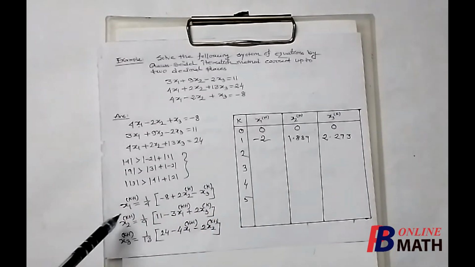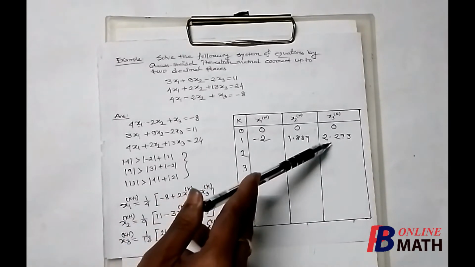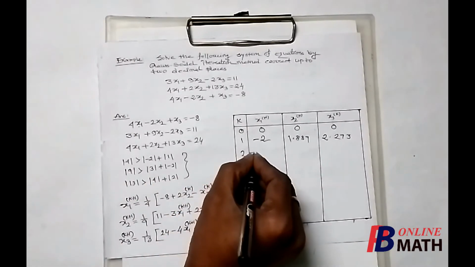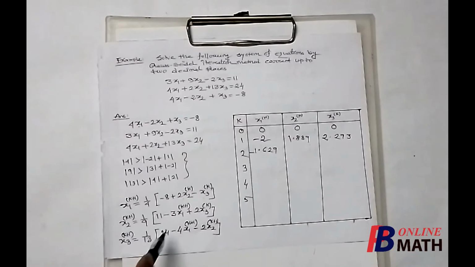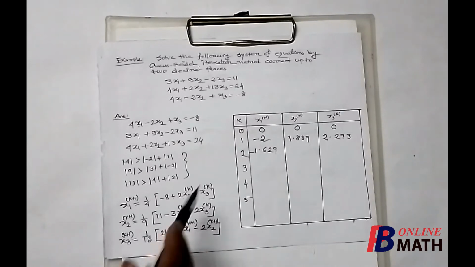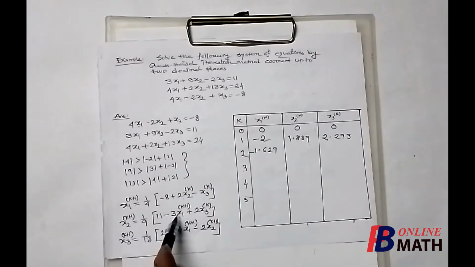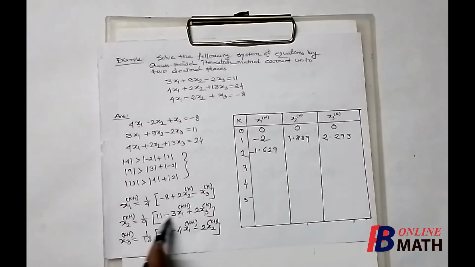For that, from the first equation, if we put x2 equal to 1.889 and x3 equal to 2.293, then using the calculator we find that the value of x1 is minus 1.629. Now from the second equation we need to put the values of x1 and x3 to get the value of x2. In this case we shall put x1 equal to minus 1.629 because this is the latest value we have obtained from the table. So here we shall put minus 1.629 and in place of x3 we shall put 2.293. If we use these values we can easily find the value of x2. It will be